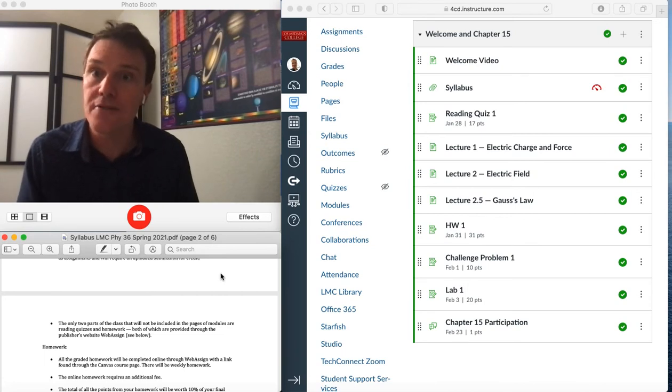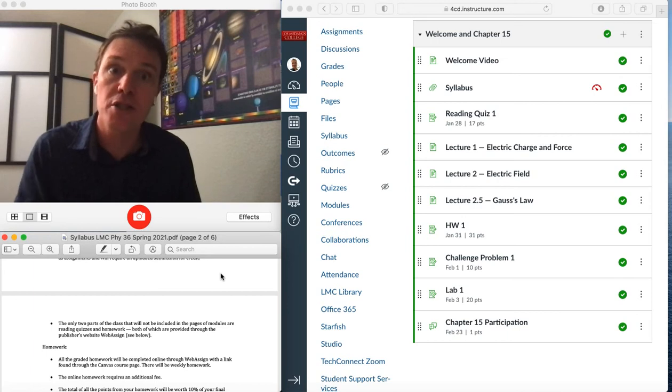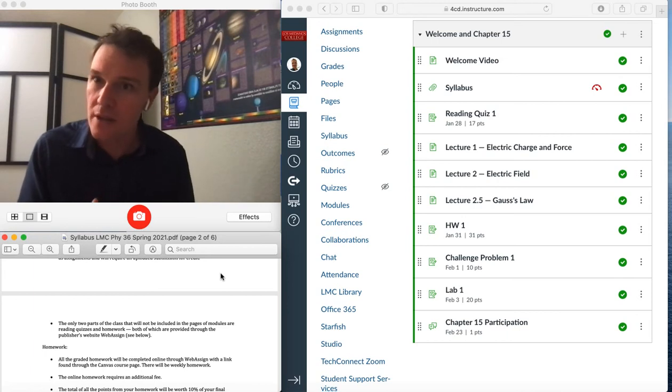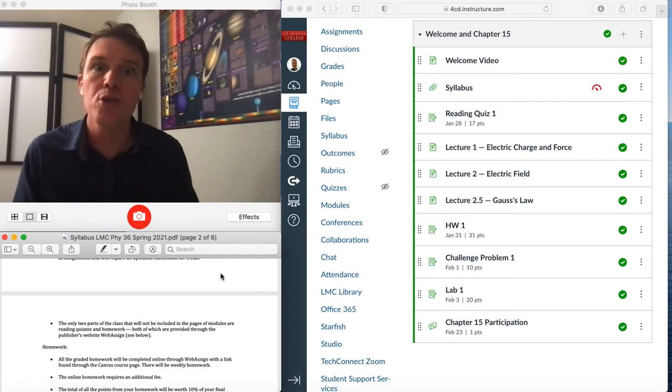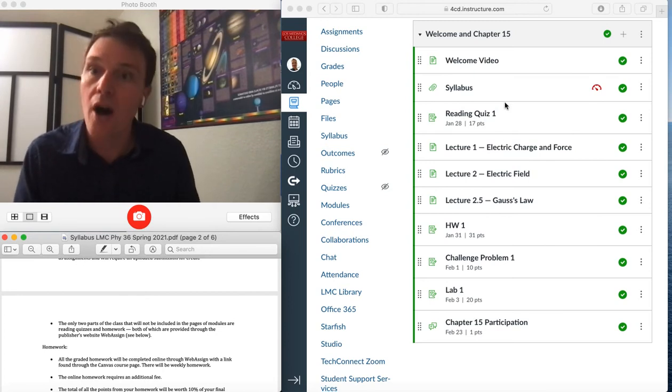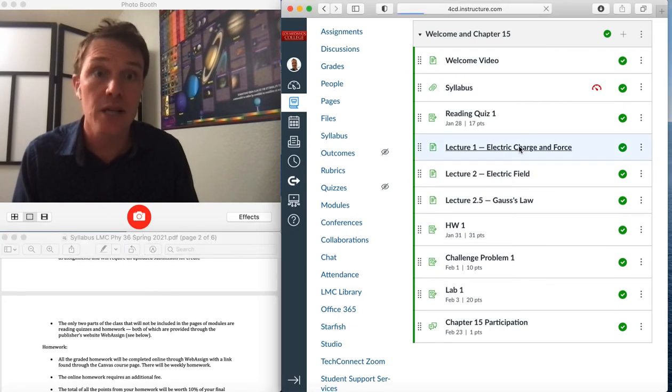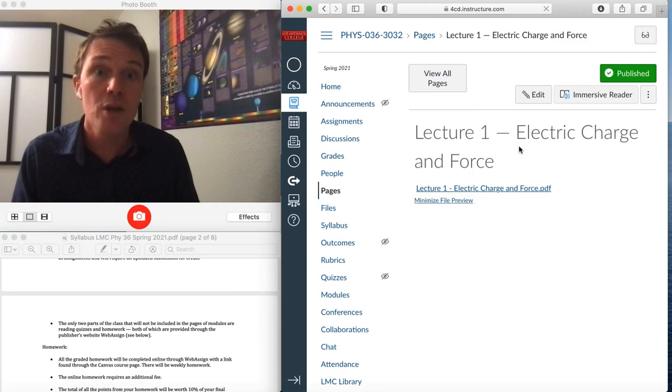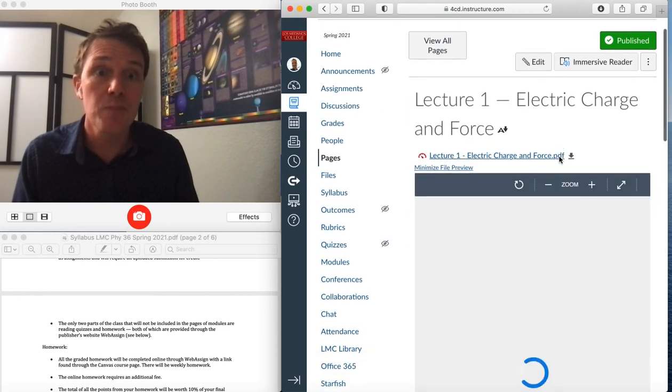One thing that's a little bit different from Physics 35, you have me for Physics 35, is I've cut down on the clutter per module. So for example, there's only going to be one page per lecture rather than separate documents that you see. So definitely I've condensed things more into pages or into assignments. So there's going to be fewer separate rows on a given module. There's just more per row. So for example, if we click on this lecture here, this will be a good example of that. You'll see that there is the blank lecture.